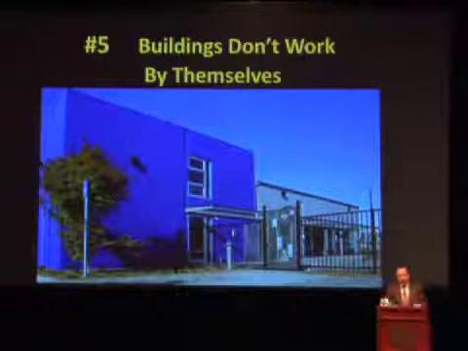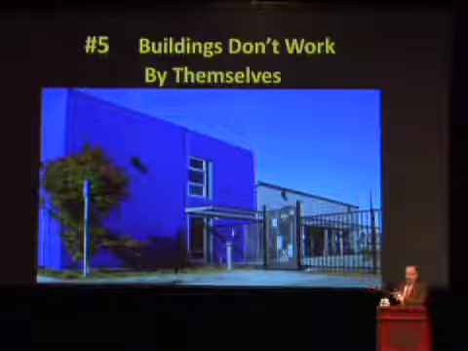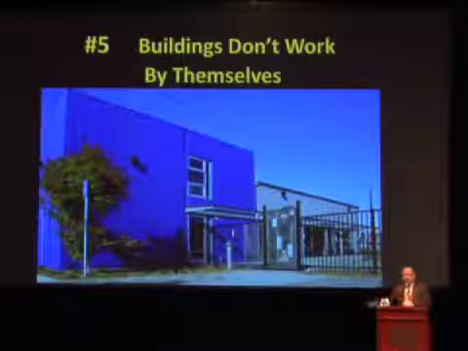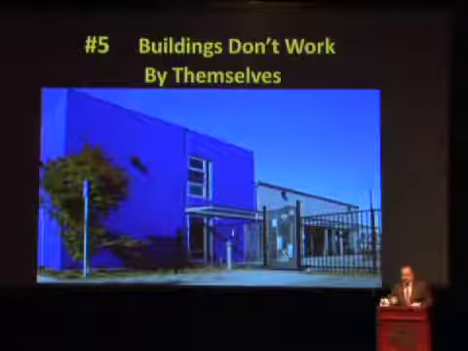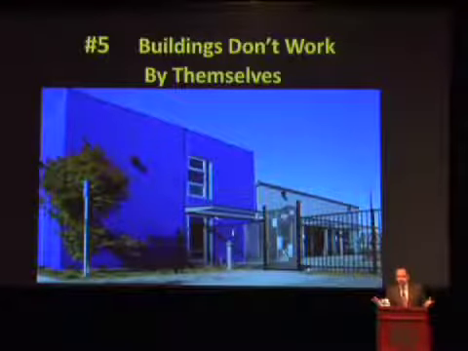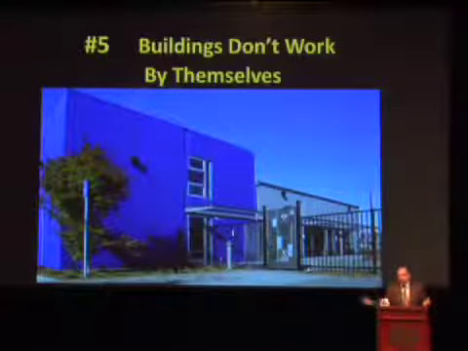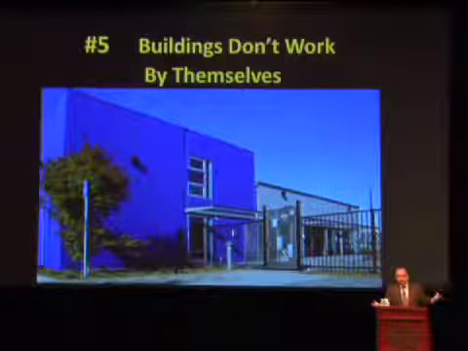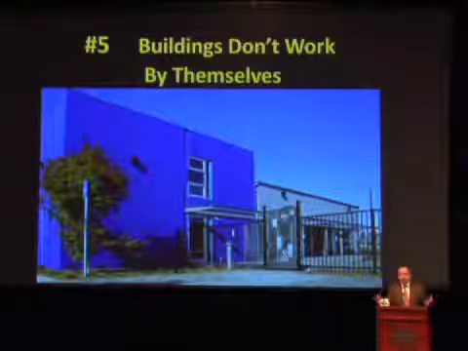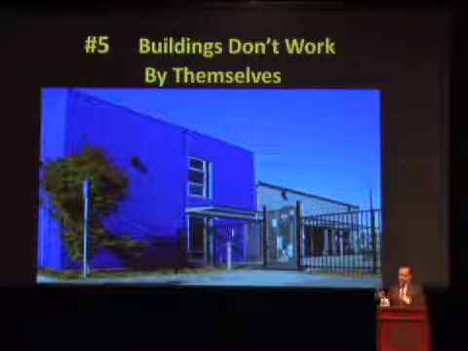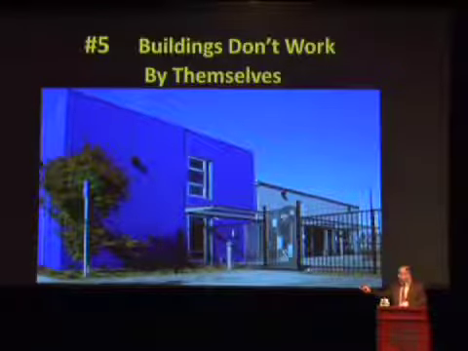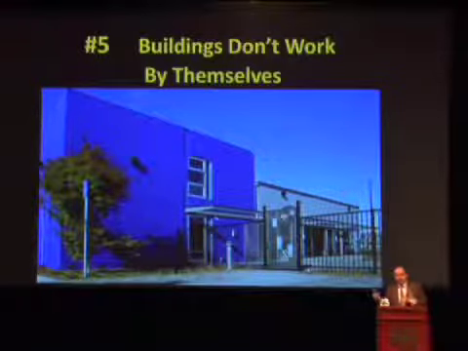The standard way we talk about building performance is this building is 30% better than code, or 40% better than code, or whatever. The example I gave you of the two office buildings, both those buildings could be 30% better than code. One's working great, the other uses 3 times as much energy. They're both 30% better than code. Okay, so it's not just about this relative performance compared to a code, which the codes are kind of squirrely anyway.